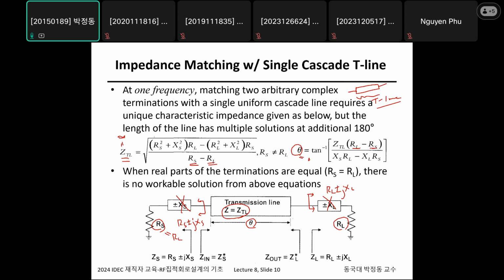Okay, so for this single cascaded transmission line matching network, you should not use it when RS equals RL. Other than that, you may find a good solution between interstage. And also, this can be useful when you design the power amplifier, when you connect the two HEMT,